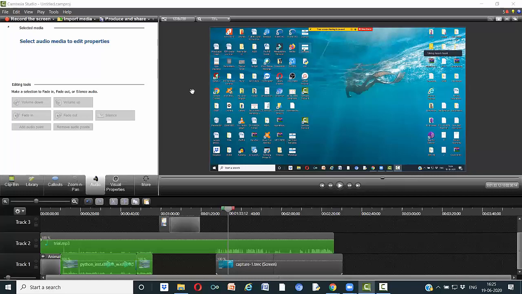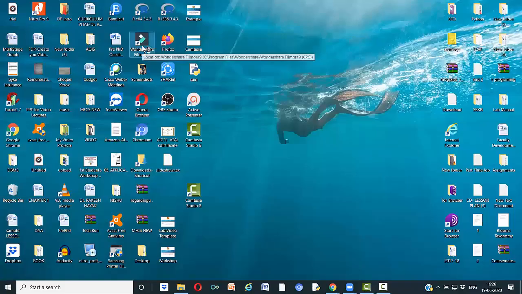I can show you the Filmora also. You will see almost the same kind of buttons, same things you will be getting. Show once the remaining two also, sir, at least the software name and the screen. Yeah, sure. This is Wondershare Filmora. Generally it is a heavy software, to be honest, and it takes time to get loaded.